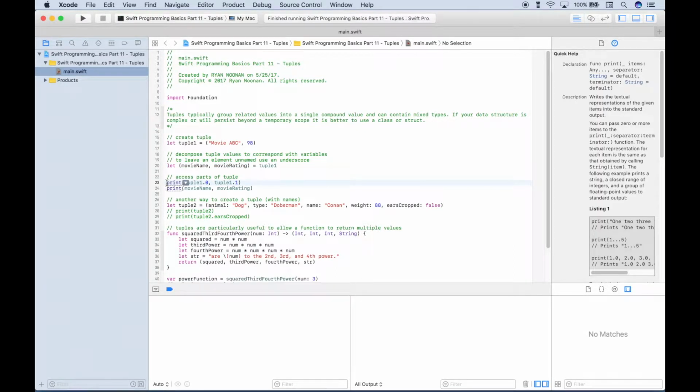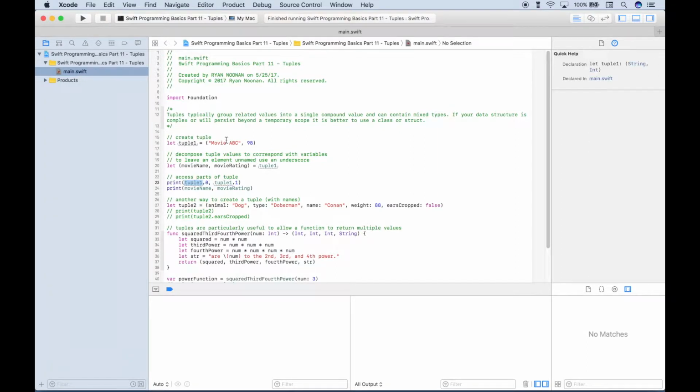There are a couple different ways that you can access the elements of a tuple. Here we have one example, and this is where you're going to use the index of the values in the tuple. So for example, to access this first element here, we're going to reference the tuple name, and then we're going to use a dot, and then we're going to use index 0. Now, very much like arrays, the index for this tuple and its values start at 0. So this would be 0, and this would be index 1. Okay, so when we use tuple1.0, that will give us movie ABC,